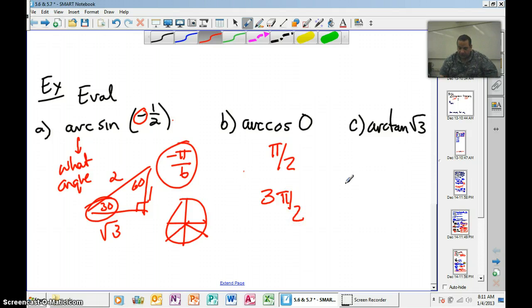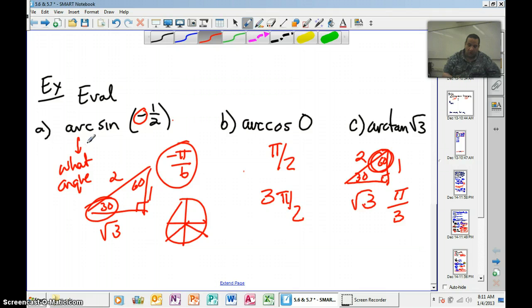Arctangent. Let's go back to this triangle here, okay? This is 1, square root of 3, 2. This is 30, 60, 90. And now I'll say, okay, tangent is opposite over adjacent. If I use 60, it'd be opposite over adjacent, so 60 degrees is the one I'm looking for. And that would be pi over 3, or 4 pi over 3 if you're in the third quadrant. Any questions? So basically, looking at triangles or your tables, remember arc means what angle. Next,